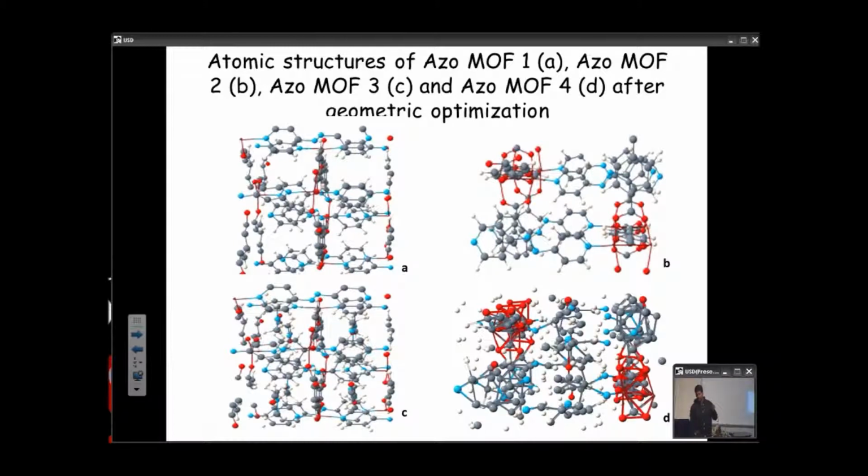Here you see, these are the 4 isomorphs. A is isomorph 1, and then isomorphs 2, 3 and 4. As Dr. Jagi explained in his talk last Monday, we can see that in the MOF there are pores.